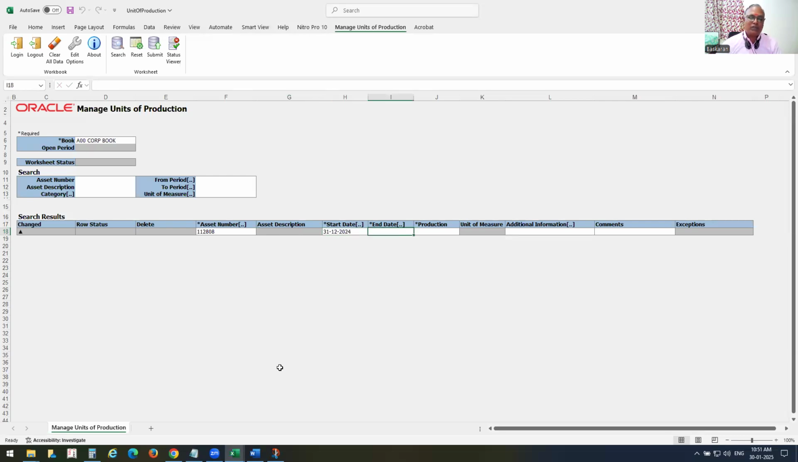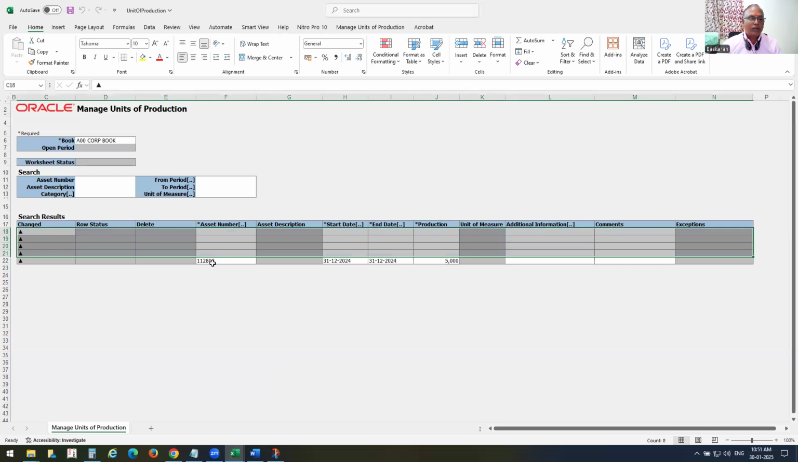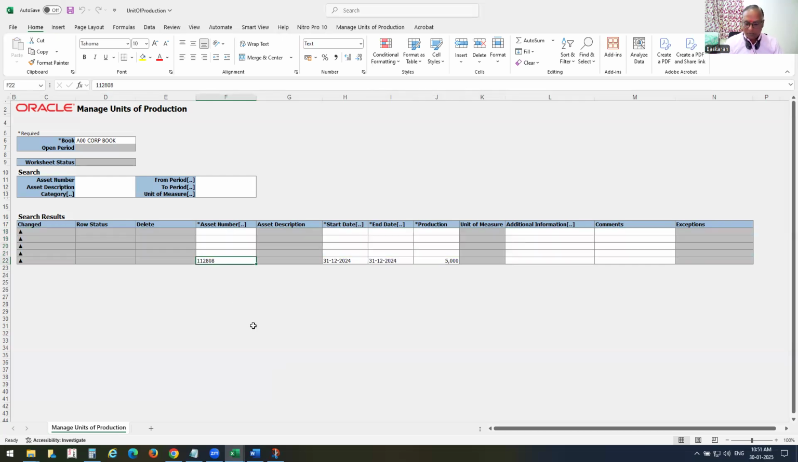31/12/24. Why 31? Because the first addition has been done for 31. You can't put 1st December. So 31/12/2024, 5,000 units. Insert row. It is 5 rows I have included. So copy the same asset, and then it is